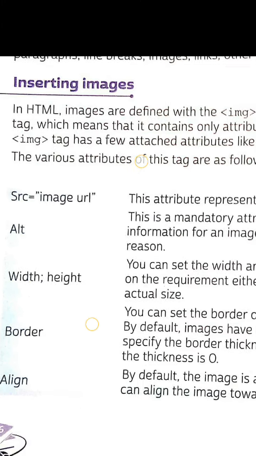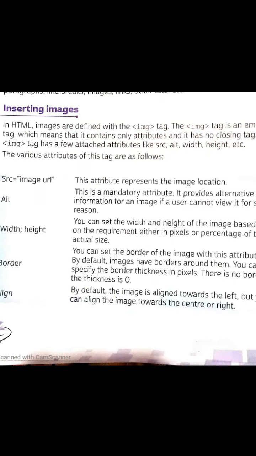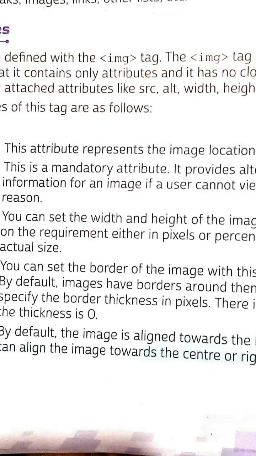So, in HTML, images are defined with the img tag. If you want to display an image, which tag do you have to put? The img tag. The img tag is an empty tag, which means that it contains only attributes and it has no closing tag.